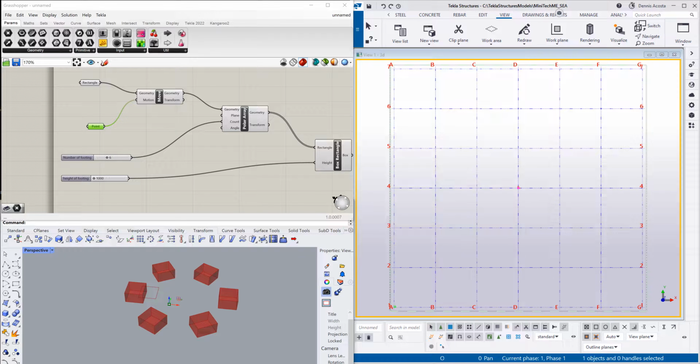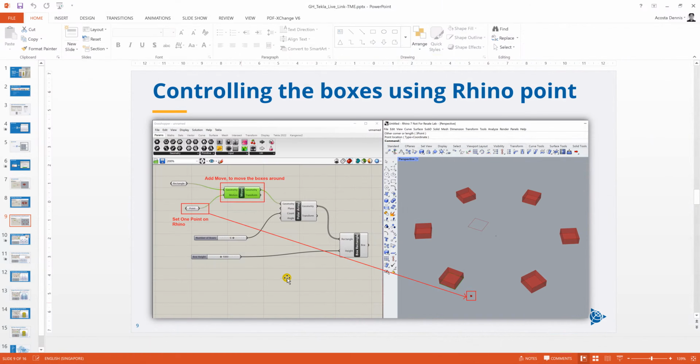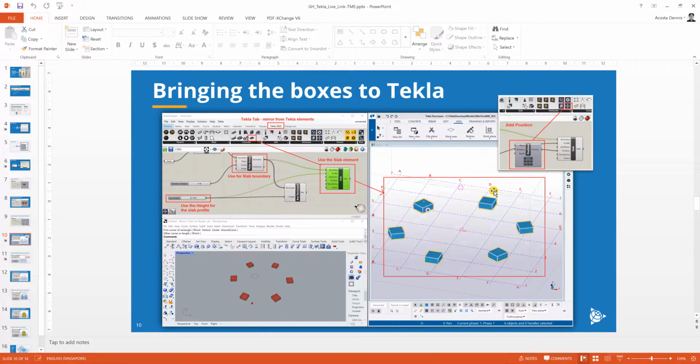Okay, now let's go back to our PowerPoint and the next page. Okay, for the next page, this time around, we're going to bring the boxes, or we're going to bring the footing to Tekla Structure software. Okay, so to enable us to do that one. All right, so we are going to